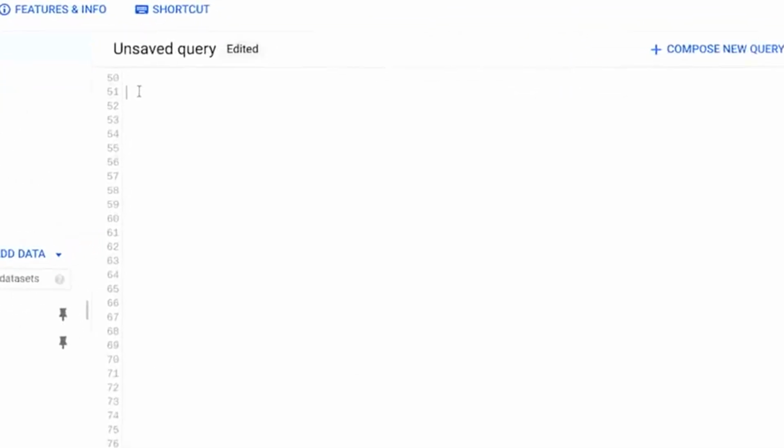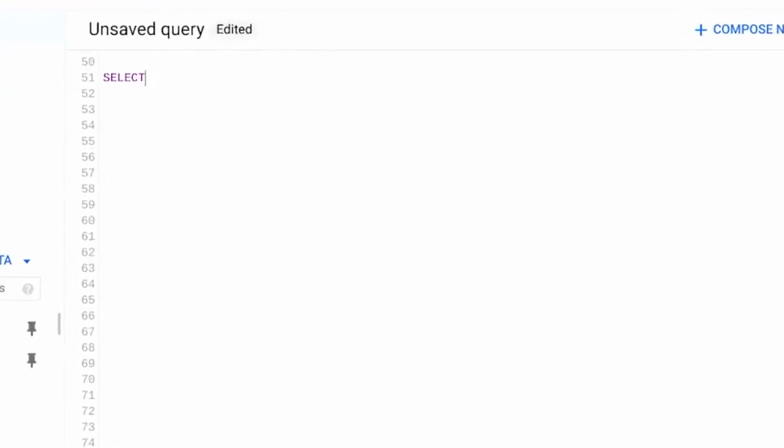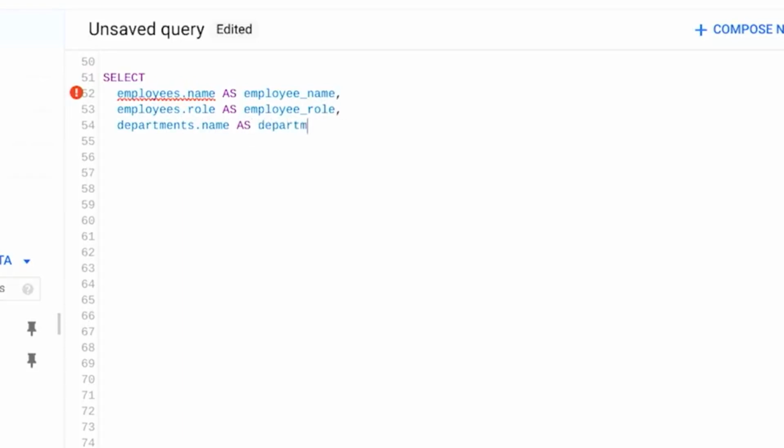So, to build this query, we'll start with select and as to tell SQL how we want the columns titled. Then we'll use from to tell it where we're getting this data, in this case, the employees table. And then we'll input inner join and the other table we're using, which is departments.